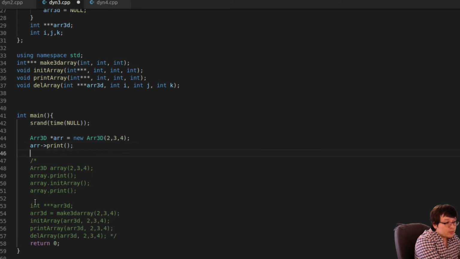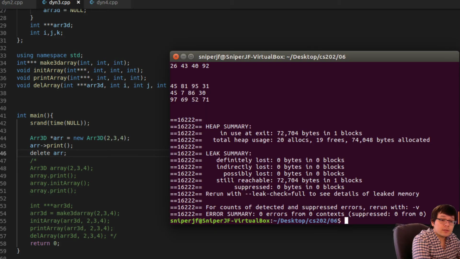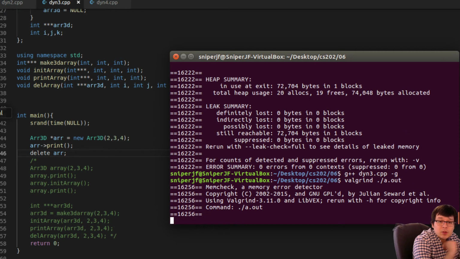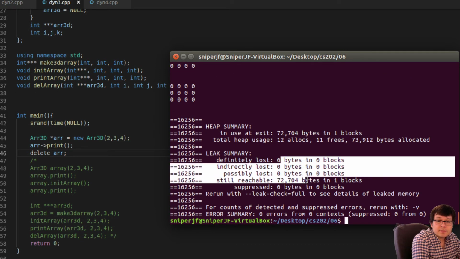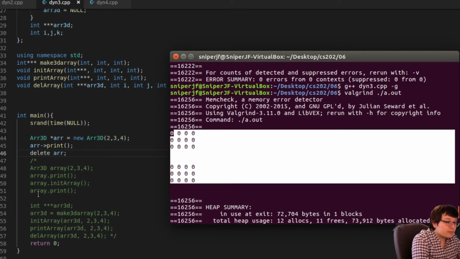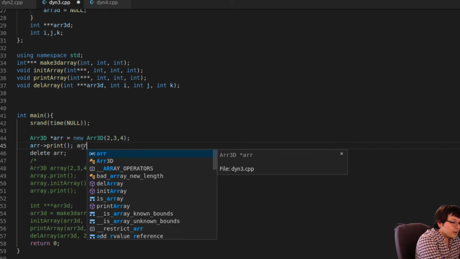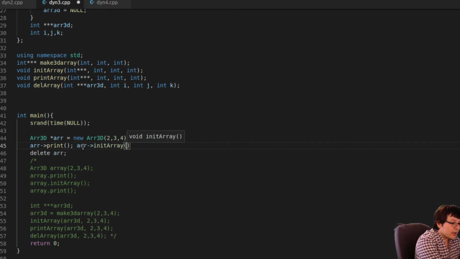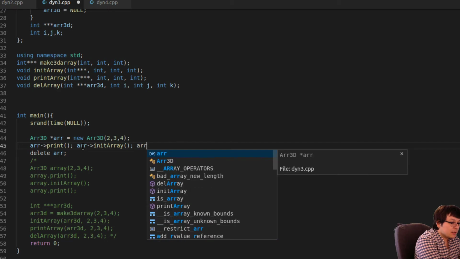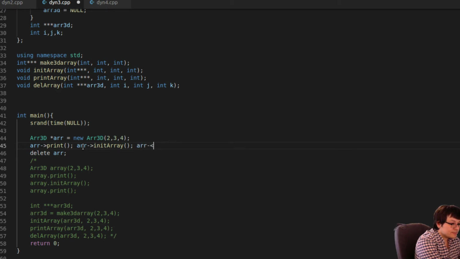And then to avoid memory leaks, we have to manually call delete R. And when we do that, that delete R, that will call the destructor of the class. It should call the destructor, sorry. And avoid memory leaks, as you can see. Okay? So it's not initialized, but we could initialize it by putting R init array, you know, and then R print